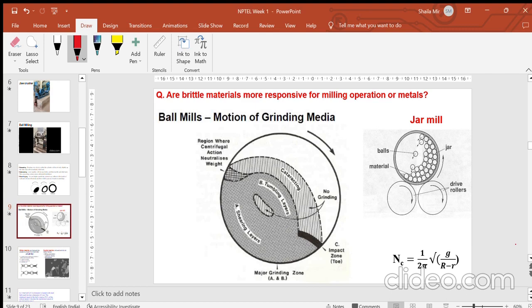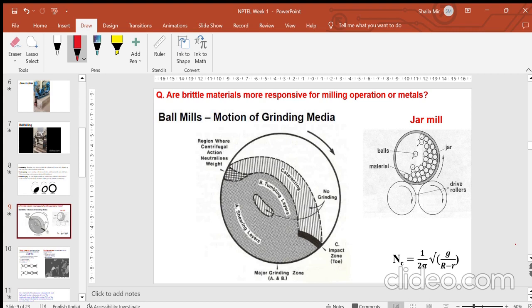So basically what we see is that a brittle material has a tendency to break because of high defect positions. Because it is brittle, it will have a higher response towards crushing. But for metals, we have an inherent ductility, and that will not make them be milled as easily as the brittle material, because they tend to flatten out and form flaky substances rather than breaking into two pieces, right? So the brittle material will always have a higher response for milling because it will easily